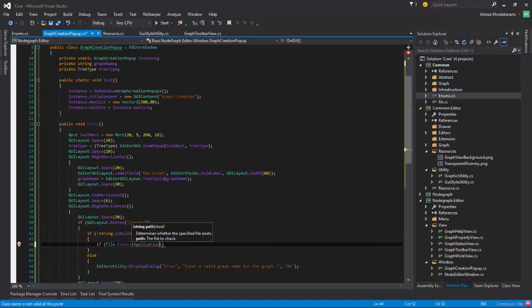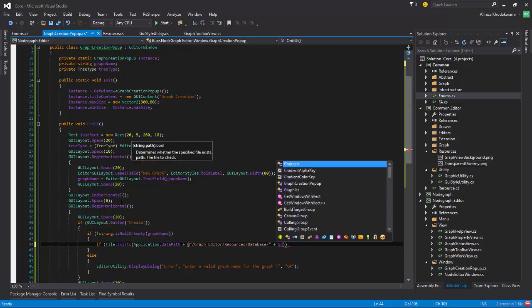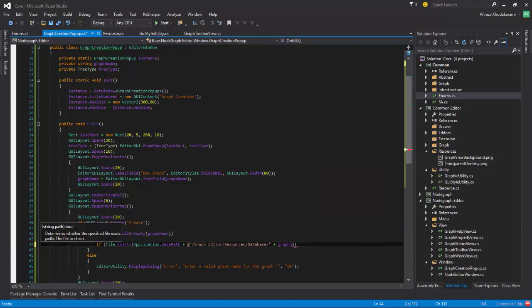Application.dataPath plus @"/GraphEditor/Resources/Database/" plus graph name plus ".asset". If it exists,